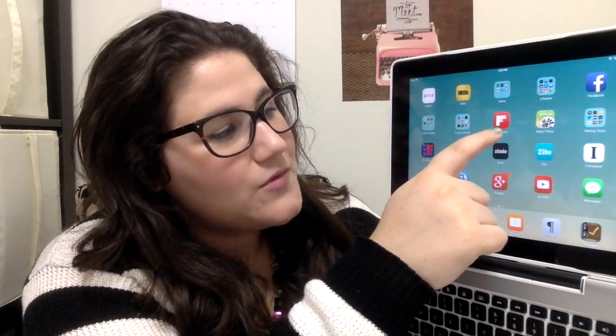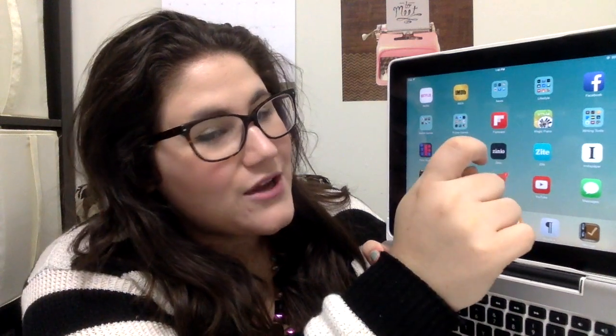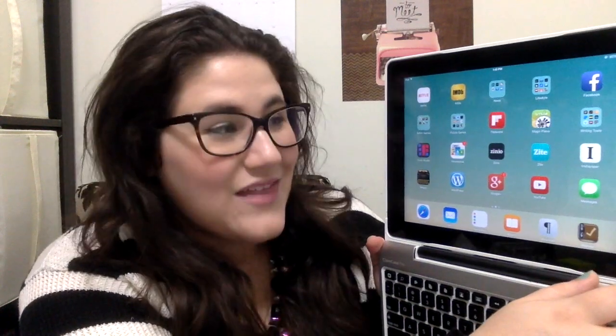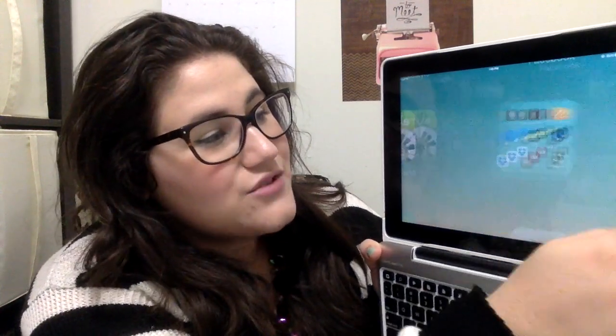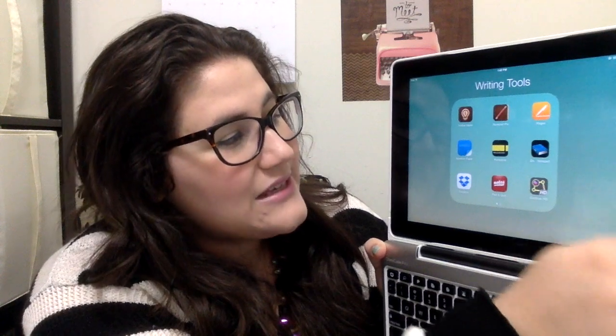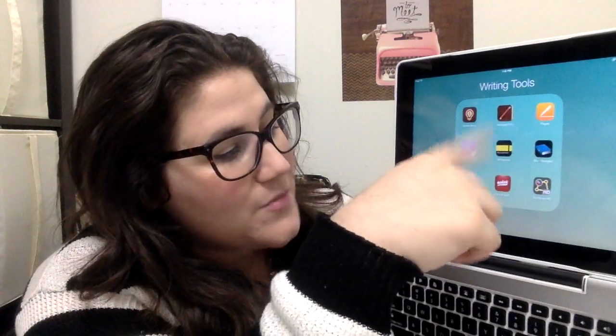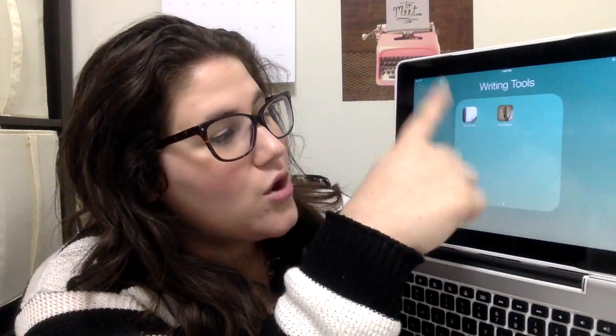Back to my screen. Flipboard. Magic Piano, which I love because I can play some of my favorite songs using Magic Piano, and that's awesome. Next folder is writing tools. I've got Adobe Ideas, Notepad Pro, Pages, Bamboo Paper, Moleskine, iDo Notepad, Dropbox, Pad and Quill, DocScan HD, Notebooks, and